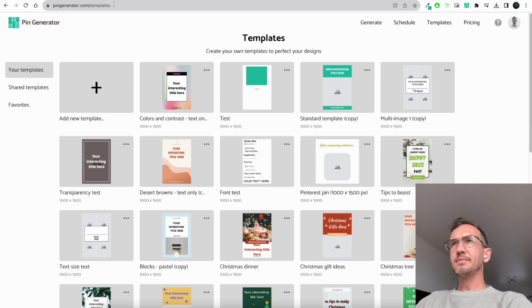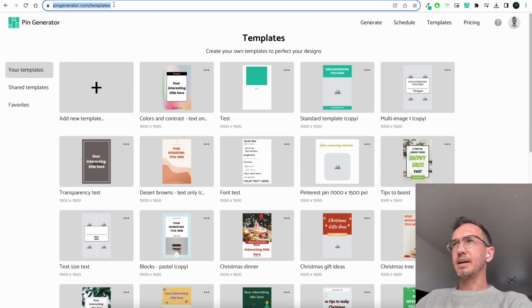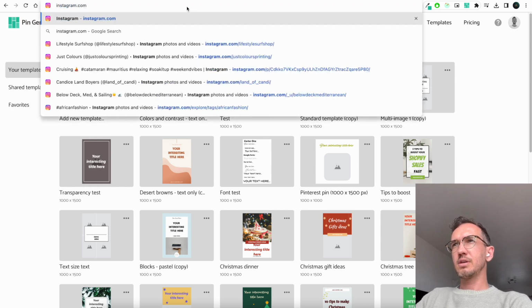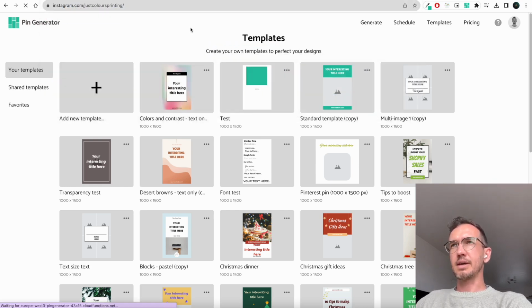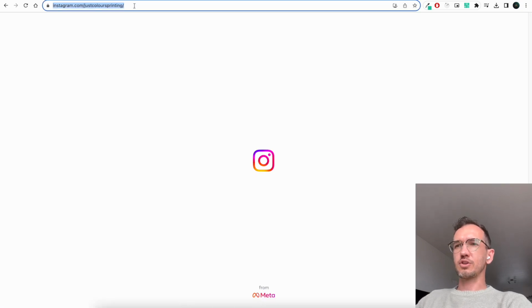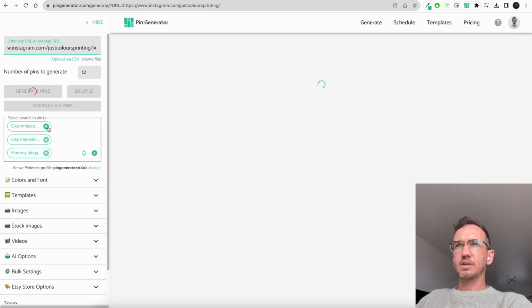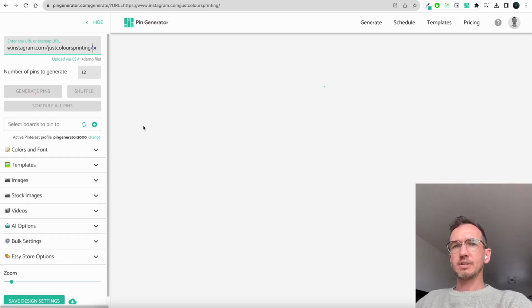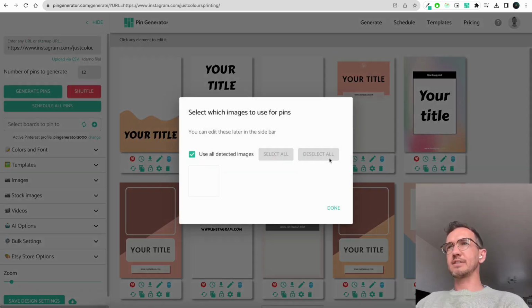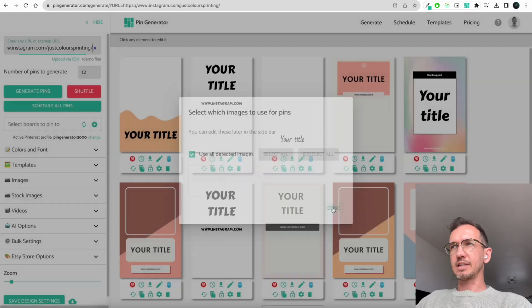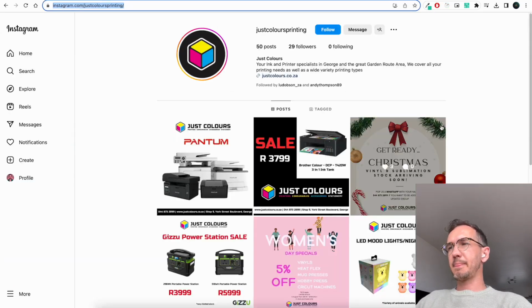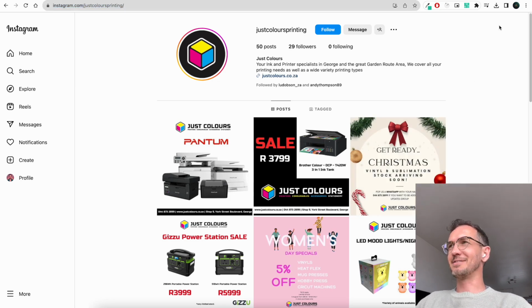So if you have an Instagram page, let's go to this Instagram page, and if you took this URL and you put it into Pin Generator, Instagram is going to block us from fetching the images here. But what we can do to get around this is use the Chrome extension. So you can see here, it's blocked me from fetching any data. But if you're looking at this, sorry, this is a terrible profile to look at, but it'll be served to